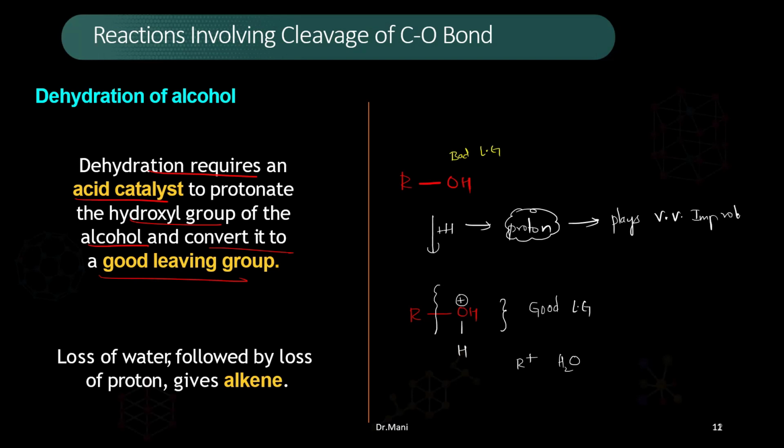So see here, dehydration requires an acid catalyst. In order to make the bad leaving group into the good leaving group, you need a proton, so that the proton will attach to the oxygen and form the water molecule, and that will act like a good leaving group. But who will